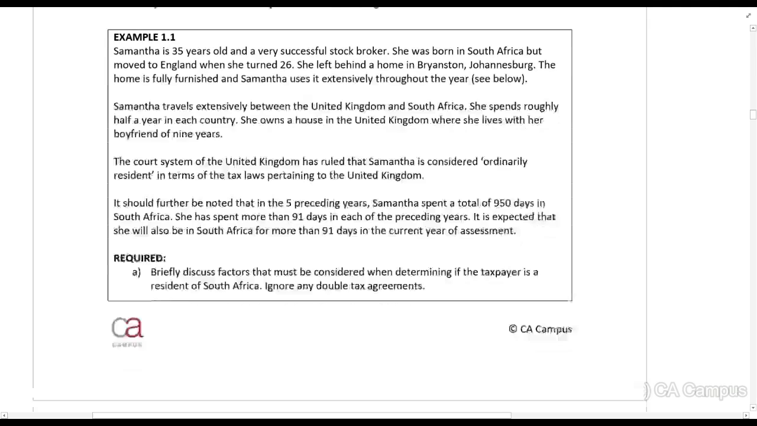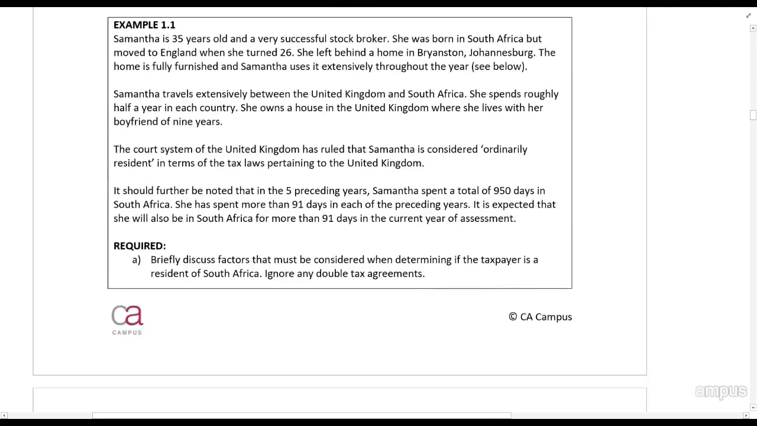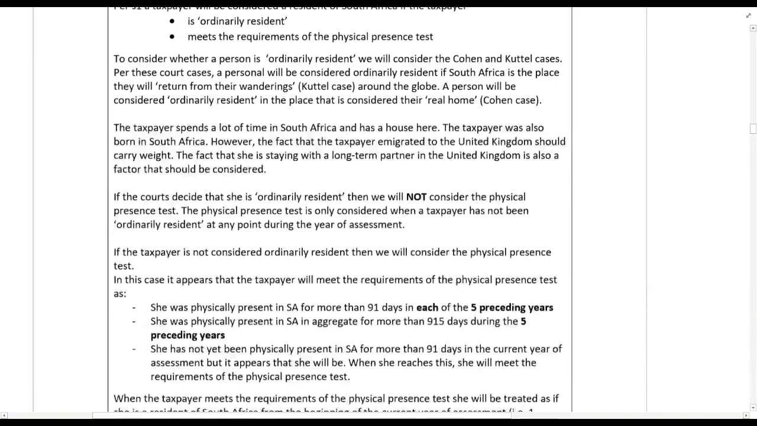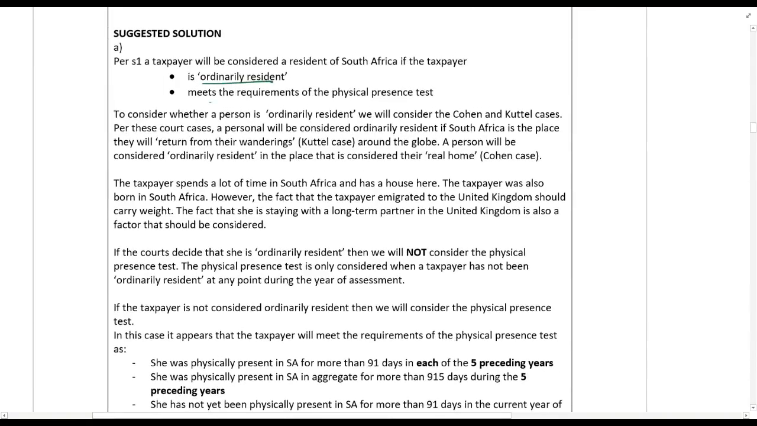Briefly discuss the factors that must be considered when determining if the person is a resident of South Africa. Ignore any double tax agreements. So this is just a bit of revision for theory. How do you know if a person is a resident? You first see if they are ordinary resident, and then you look at the physical presence test. Ordinary resident, Cohen and Cattell cases: the place you will return to from your wanderings, the place that you call your real home. So she has a house in South Africa, she spends time here,